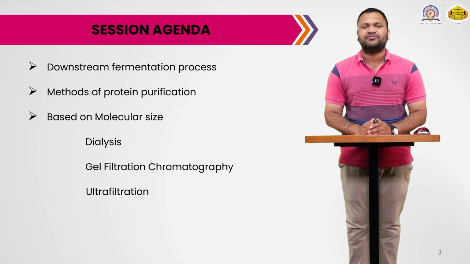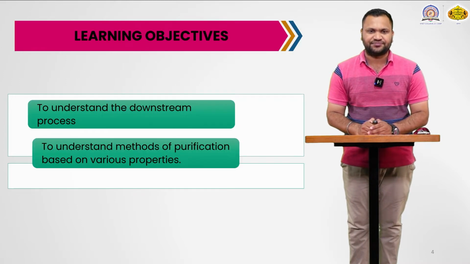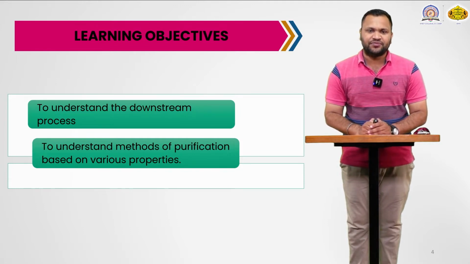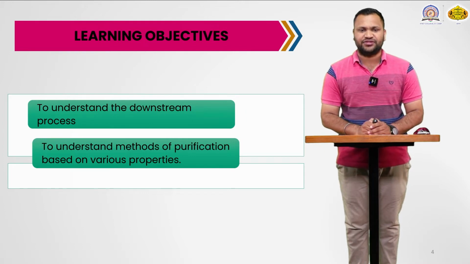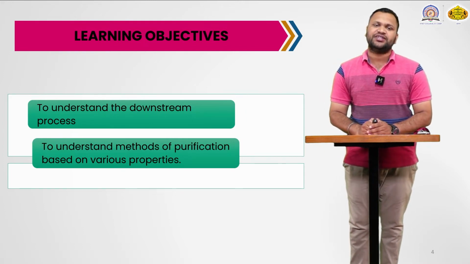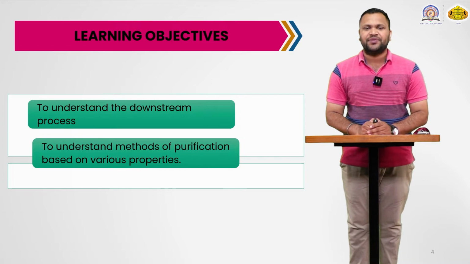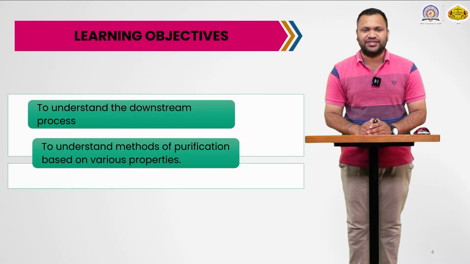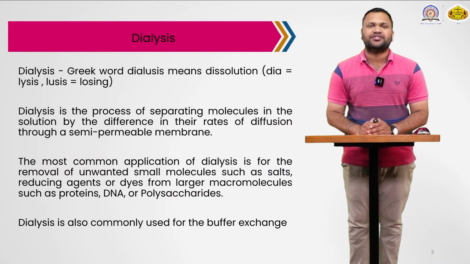So we will go one by one. The learning objective is to understand the downstream process. We have already discussed what the downstream process is and the difference between the upstream and downstream process. The next objective is to understand the methods of purification based on various properties, like the first property, molecular size. So the first one is